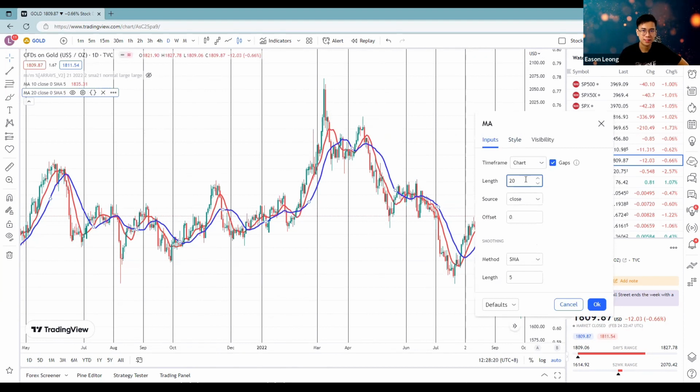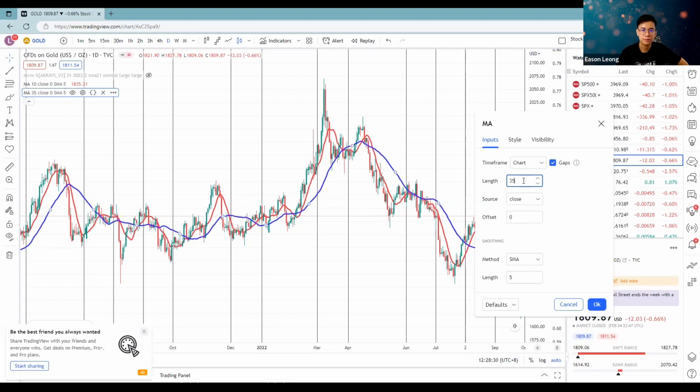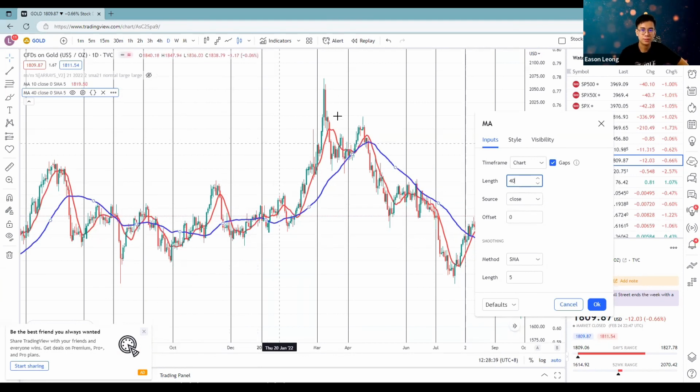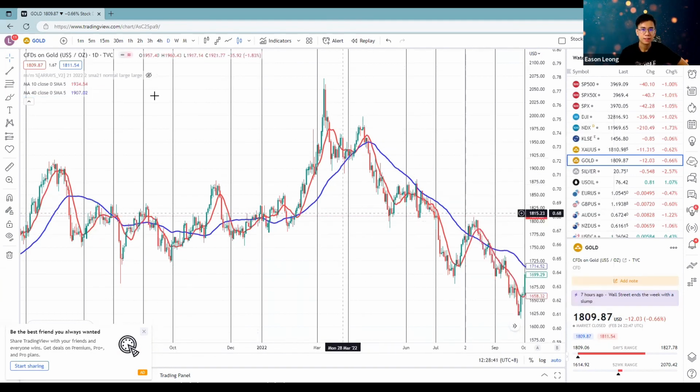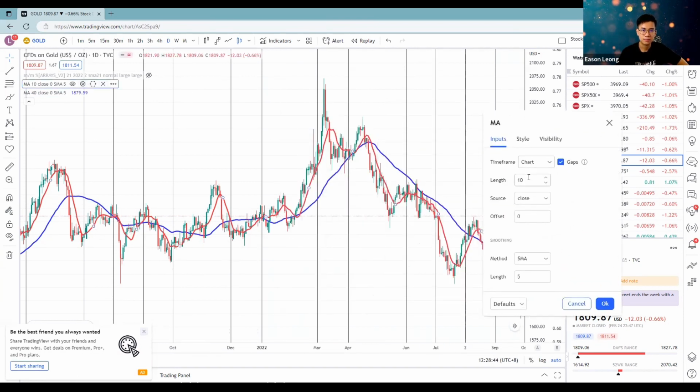This is the moving average length, right? 20 average, not enough. Go to 25. You see it getting smooth. Then 30, then 35. You see less and less noise. Then 40. Much better, right? A more linear, smooth line. The red one you can also adjust a little bit, like 15,